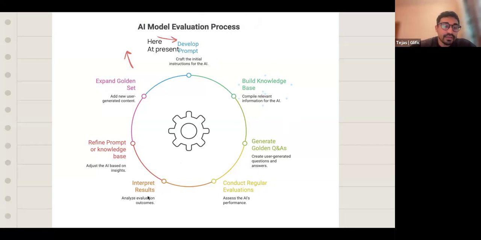Do not live and die by the numbers, but see what we can learn from them. Are the numbers making sense? If not, figure out where, and develop your own intuition about it. Based on that, refine the knowledge base or prompt if needed, expand the golden set, and continue this process. All of us are at stages 1, 2 and 3 of this. But we're hoping that in the next few months we can help nonprofits move to the later stages, and develop their intuition for interpreting these numbers.